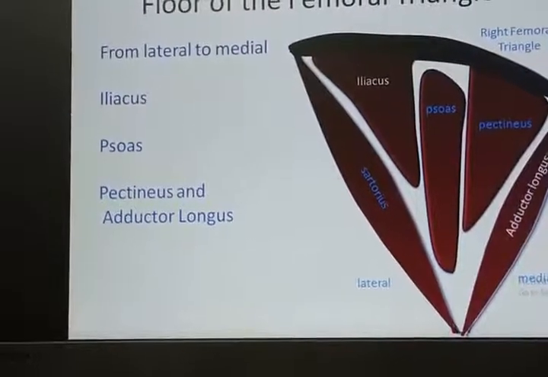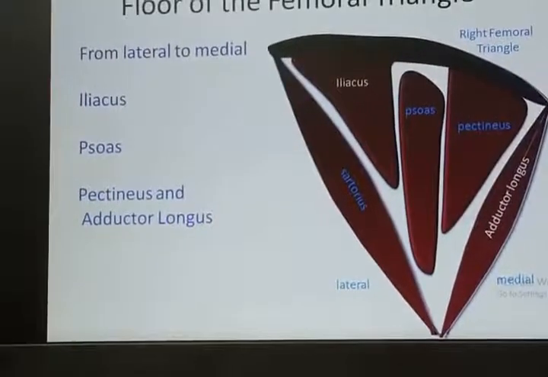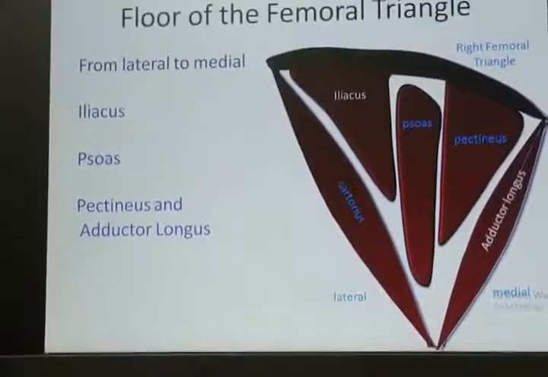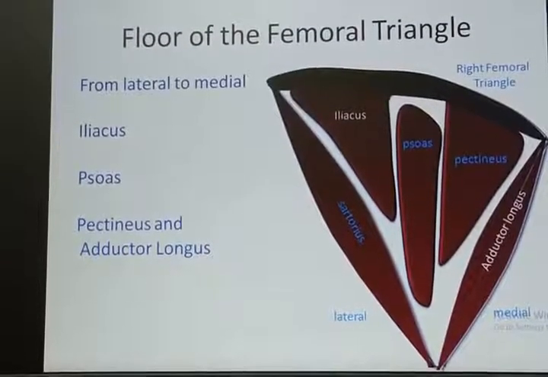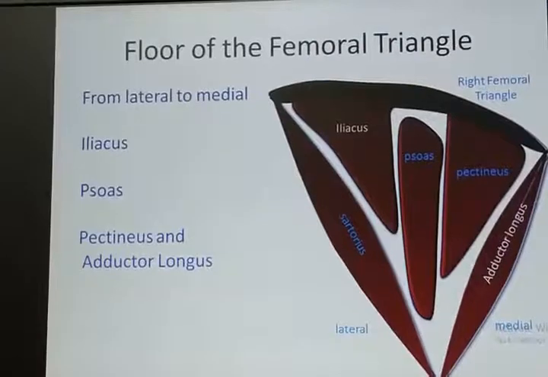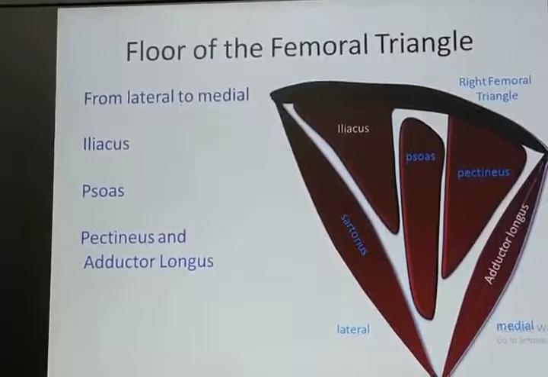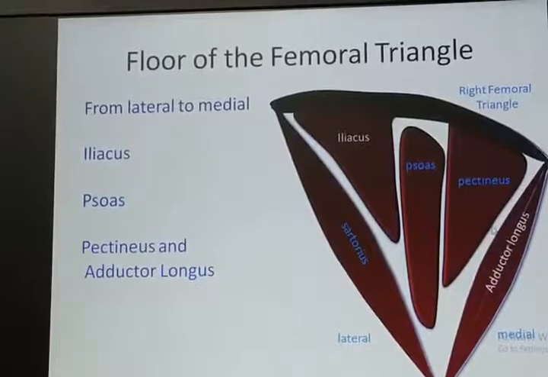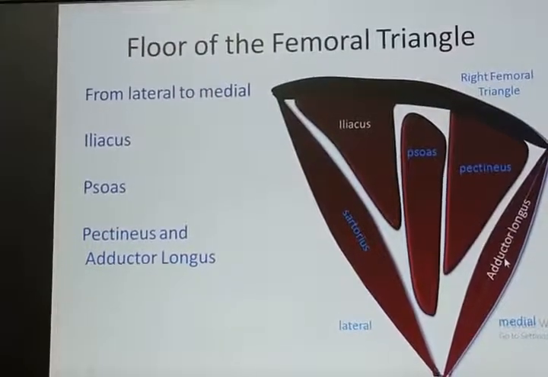Now, according to Grant's Method of Anatomy, the apex of femoral triangle is formed where the sartorius crosses the lateral border of the adductor longus, and thereby excludes the adductor longus from the floor. So femoral triangle without adductor longus may be called the geometric triangle, and with adductor longus it forms the anatomic triangle. So please remember, without adductor longus muscle this triangle is the geometric triangle, and with adductor longus it is called the anatomic femoral triangle.